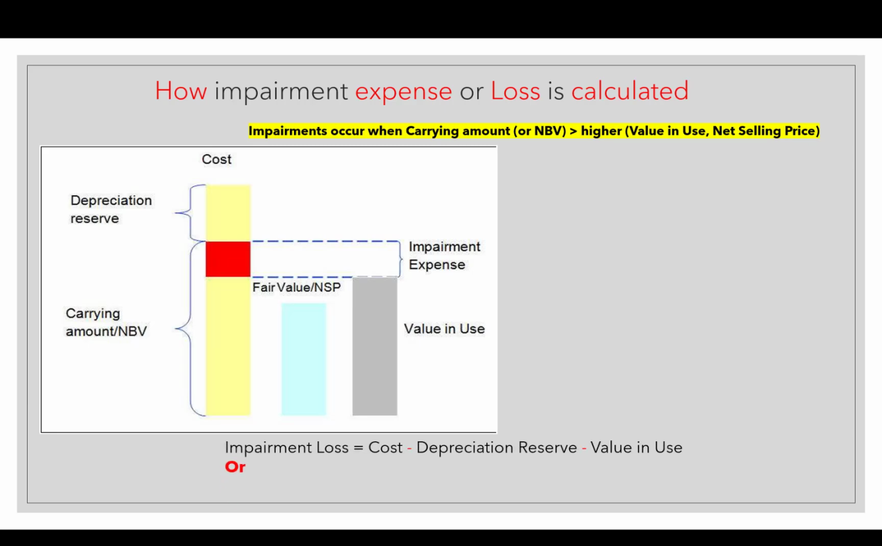Impairment loss equals cost minus depreciation reserve (accumulated depreciation) minus value in use, or impairment loss equals carrying amount, as a net book value, minus value in use. The calculation formula is the same no matter the level, assets or cash generating unit, on which it is made. If the impairment is performed at the cash generating unit (CGU) level, then the net book value